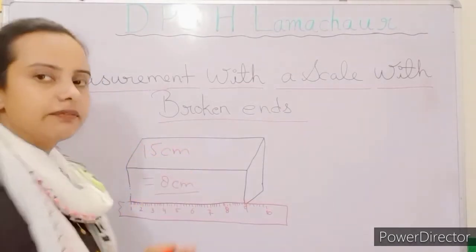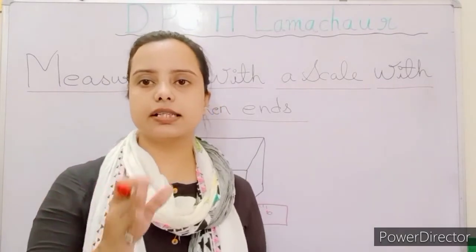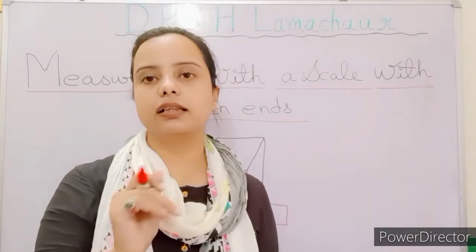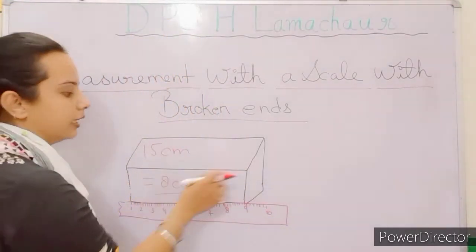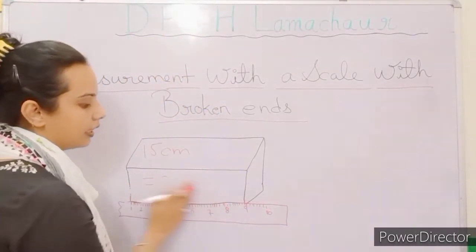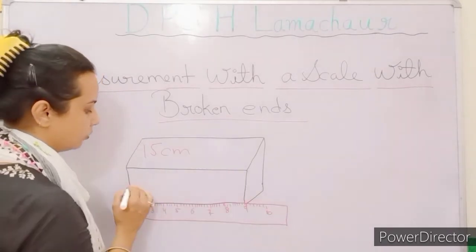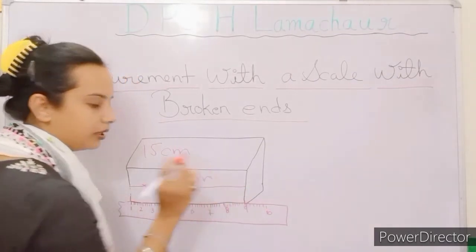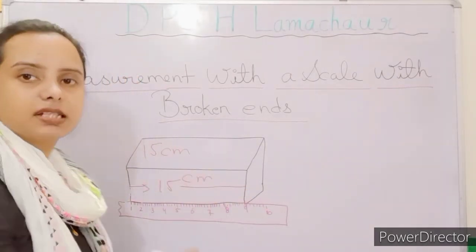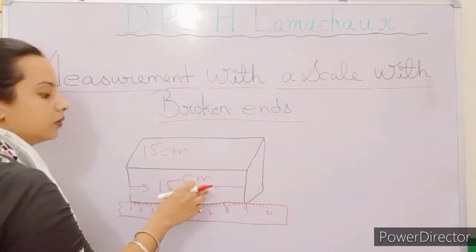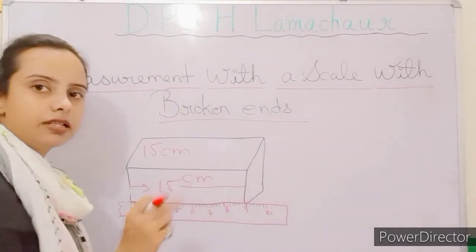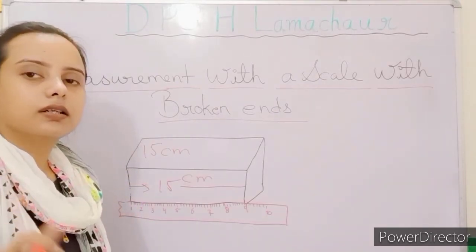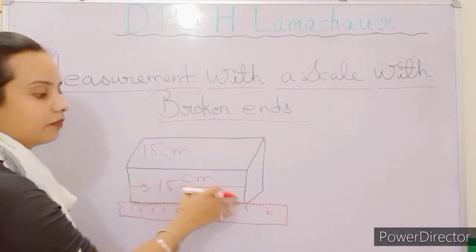ठीक है, और आपका 6 सेंटीमीटर का स्केल टूटा हुआ है, तो what you will do, you will just minus that 6 centimeter. ओके, आपका जो लेंथ है, फॉर एग्जांपल इसका जो लेंथ है, that is 15 सेंटीमीटर, आपको इस बॉक्स का जो टोटल लेंथ आ रहा है with the broken scale, that is 15 सेंटीमीटर. ठीक है, टूटे हुए स्केल से जब आपने मेजरमेंट किया इस बॉक्स का, तो then the measurement, the length is the 15 सेंटीमीटर. Now you know that your scale is broken, so is it a box of the 15 centimeter?